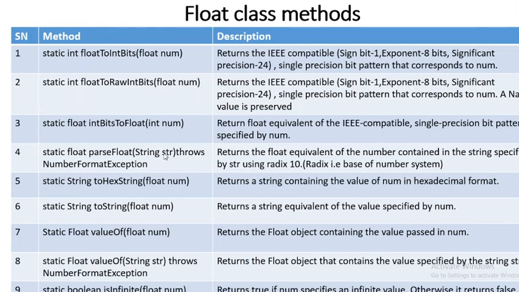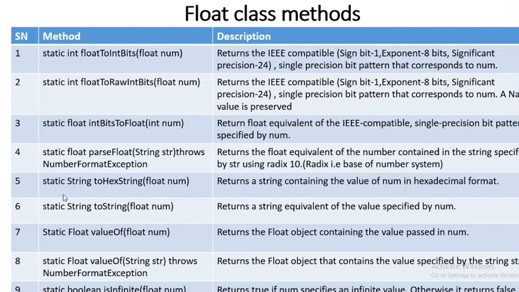While converting this string into float, it may happen that somebody might have written here string as some characters. Suppose ABC, double quotation ABC. This ABC is not possible to convert into float. So at that time it will generate error, number format exception. What it means? If this string is not possible to convert into float, there will be number format exception.